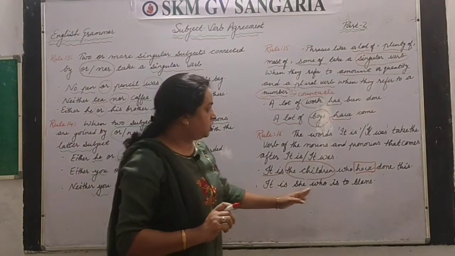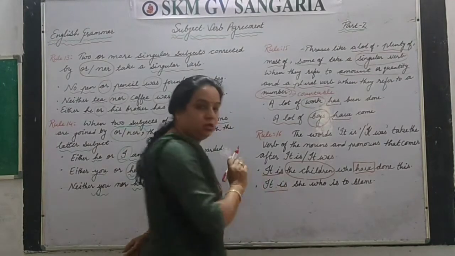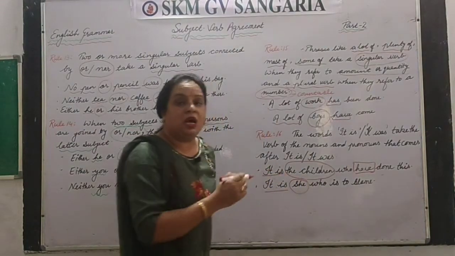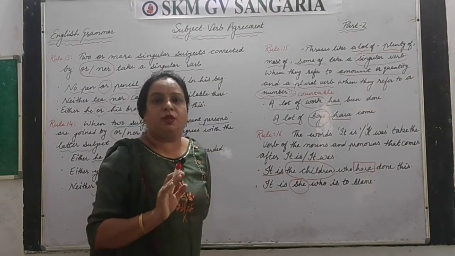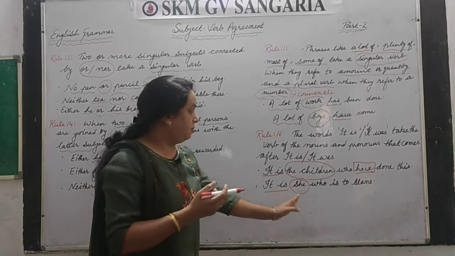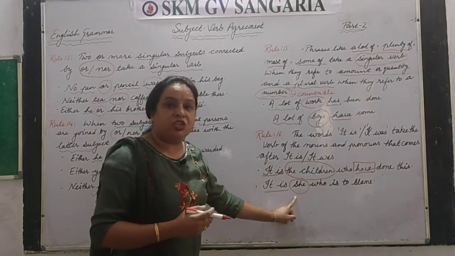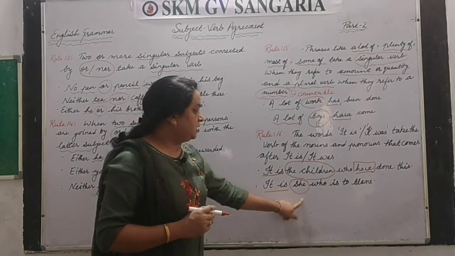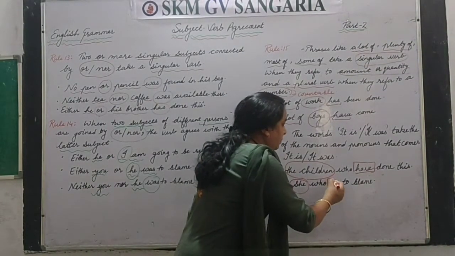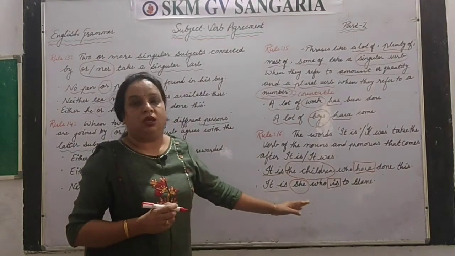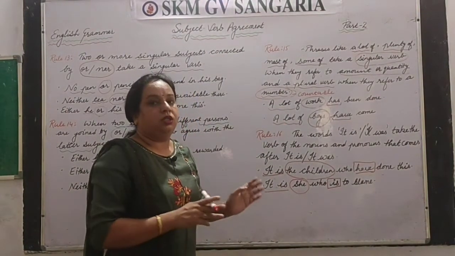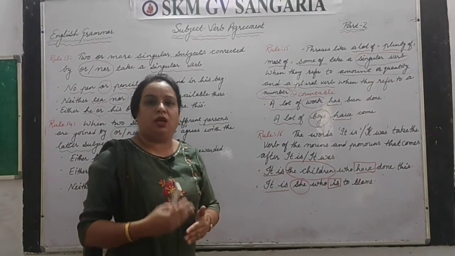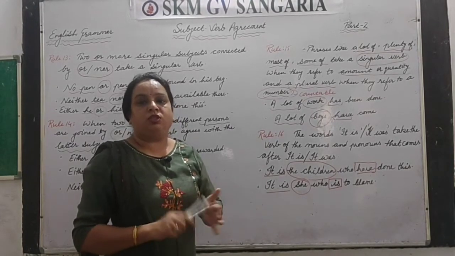Next one is it is she. Now it is, in the starting of the sentence you will get it is. Then you have to see the pronoun or noun. It is not important always that the subject should be noun only, it may be pronoun. So it is she. Now this she is what? Singular. With singular, what you have to use? Singular verb. So it is she who is to blame. So this is the thing which you have to learn in this rule number 16. And these rules, there is no need to learn them sequence wise. You should know which verb, which subject is agreeing.